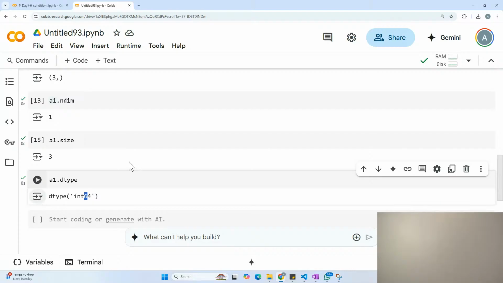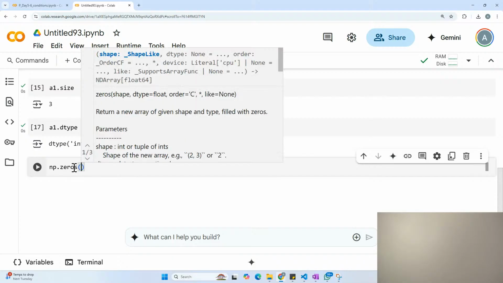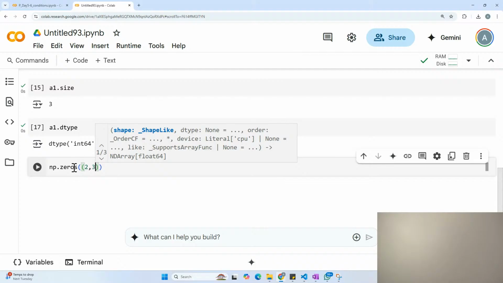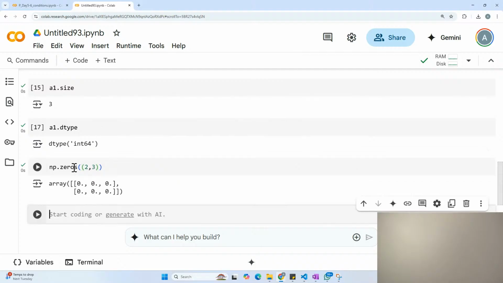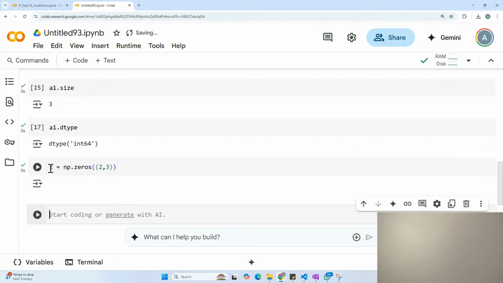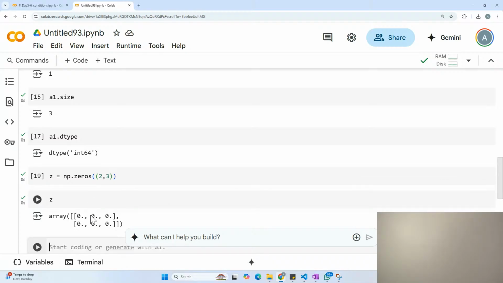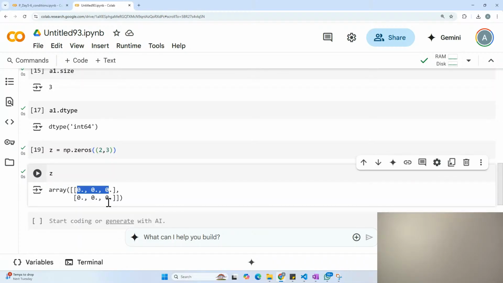Correct, guys? Now we have a few functions, right? Or special arrays. Let's say, for example, np.zeros. So 0, 0, 0, let me call it z. Now the value of z will have a 2 by 3 array, and everything will be pre-filled